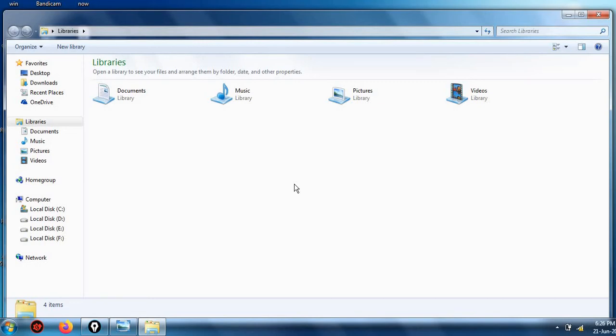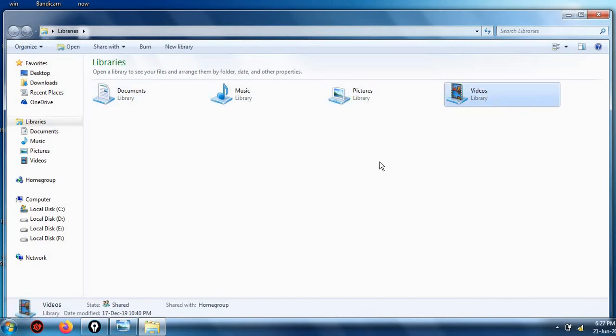Getting? So Windows Explorer is the main tool which is used to interact with Windows 7. Interaction with Windows 7 means what? Windows 7 is the operating system. So in this operating system, to manage files and folders, right, you use Windows Explorer. And as you have seen, library is also a kind of folder. In this by default 4 libraries are there, right? 4 libraries are by default present. These are documents, music, pictures and videos.